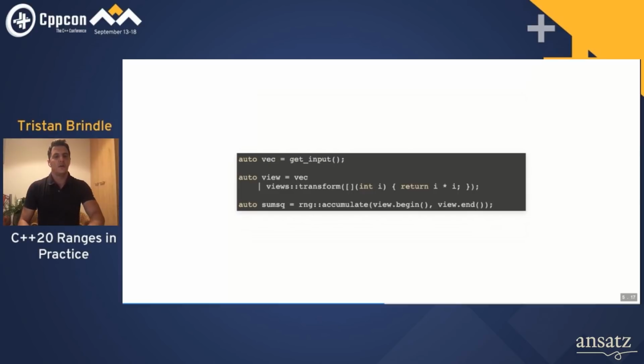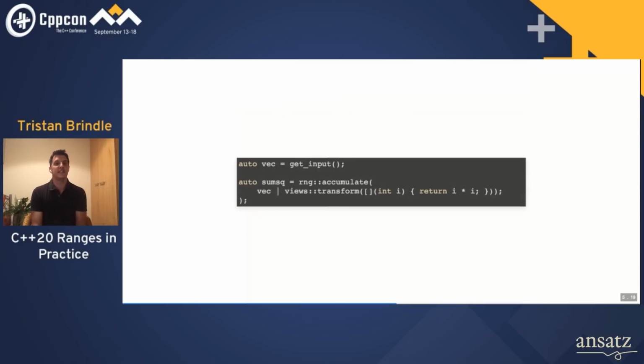So using this, we no longer have to call view.begin and view.end. We can just call range accumulate on our view. So, hey, this is now starting to look a bit nicer. In fact, we can go a bit further. We no longer have to save the view as a named variable. We can just pass it straight into accumulate, just like that. Whether you find this more readable or not, I guess is a matter of preference. But we can do it now. So that's pretty nice. But it could be nicer still,